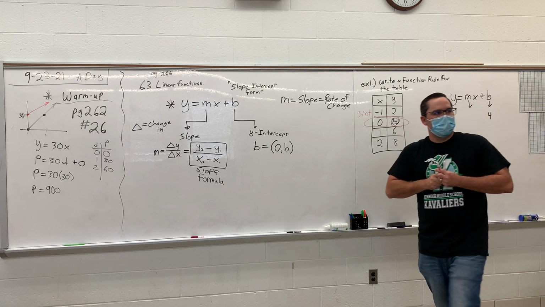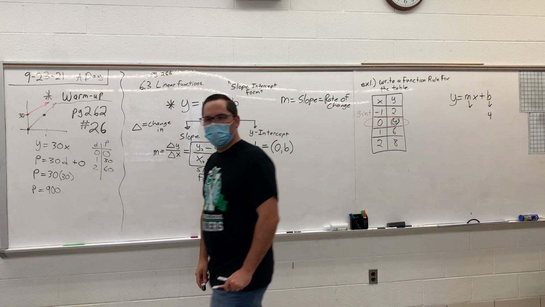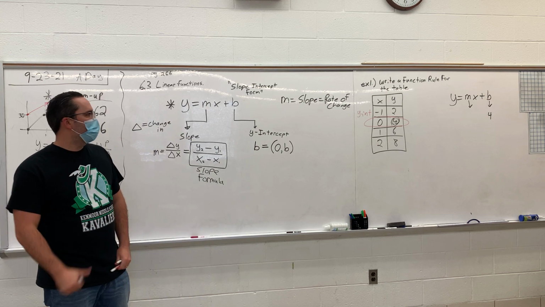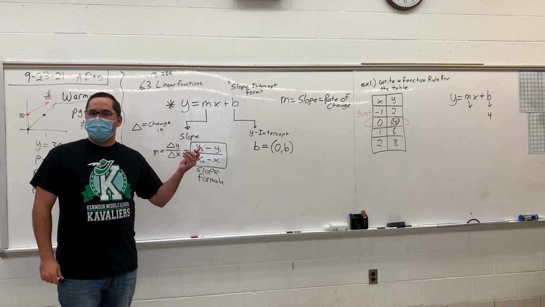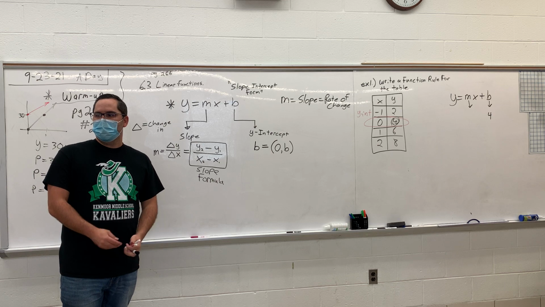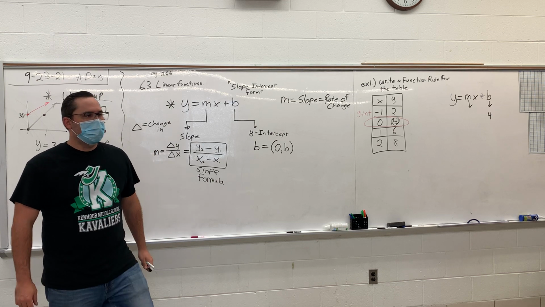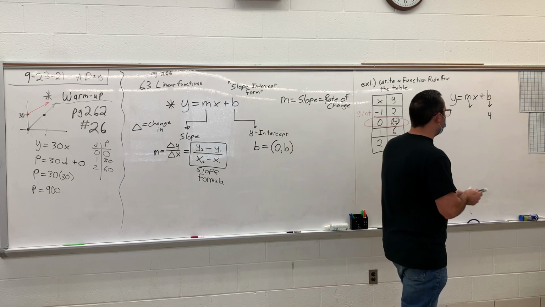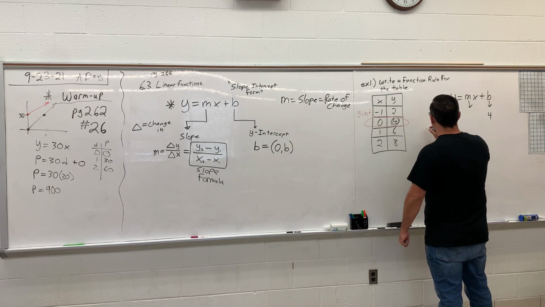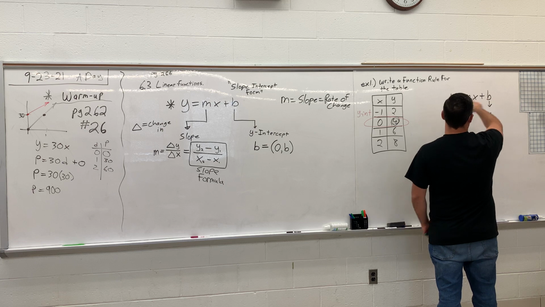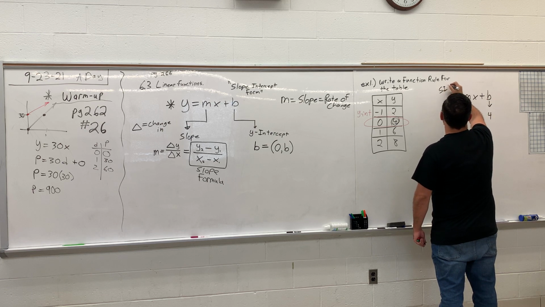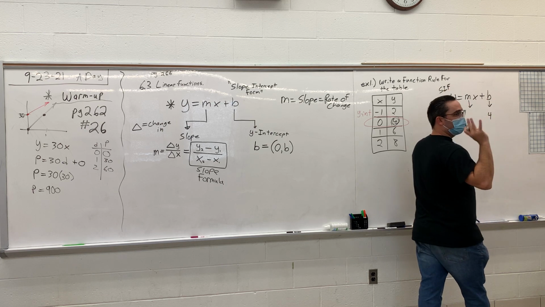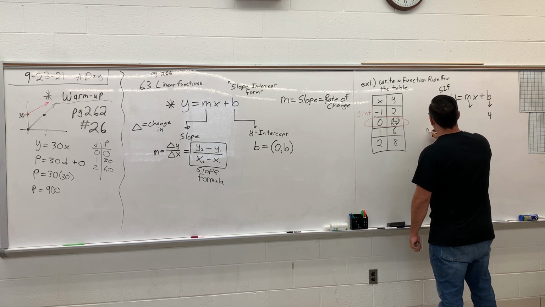Yeah, Jonah. You good? Okay, so now we need to find what? Jerry? The slope. And what do we use in order to find the slope? Slope-intercept form. Slope formula. Slope-intercept formula, or the slope formula, yeah. M equals